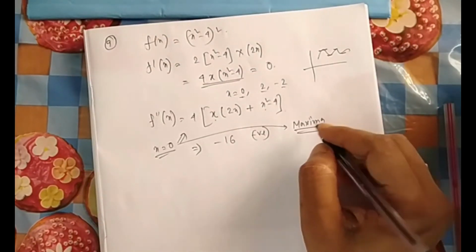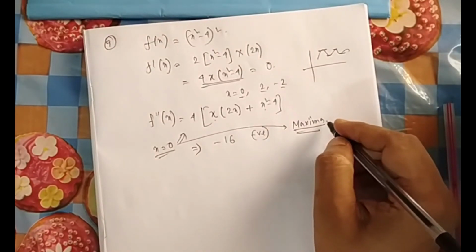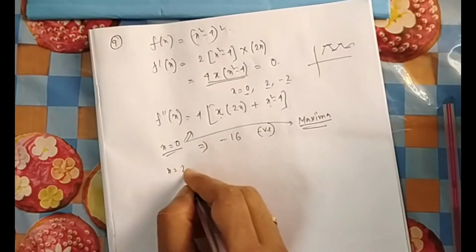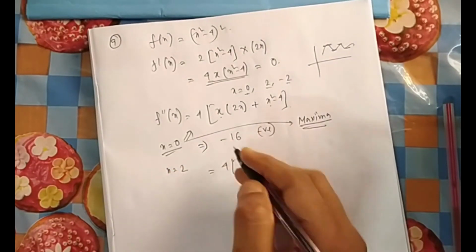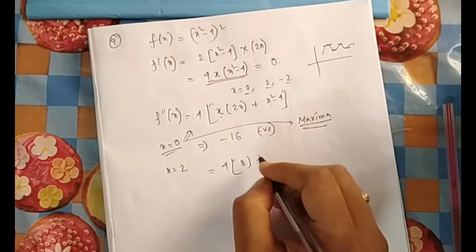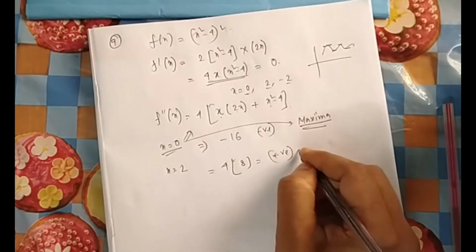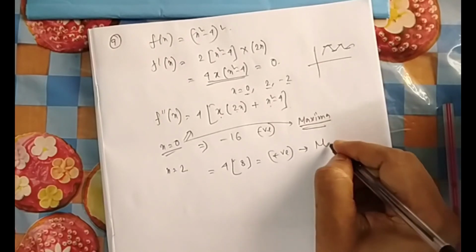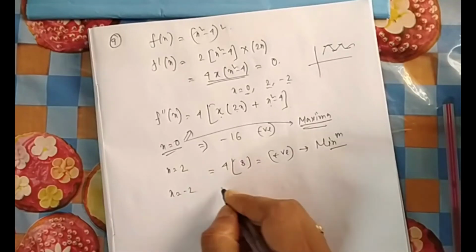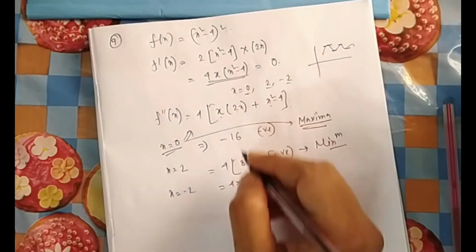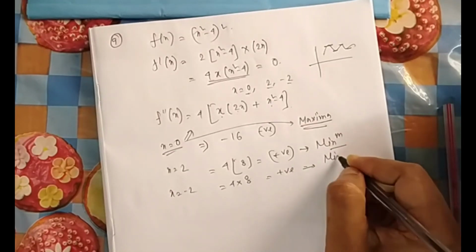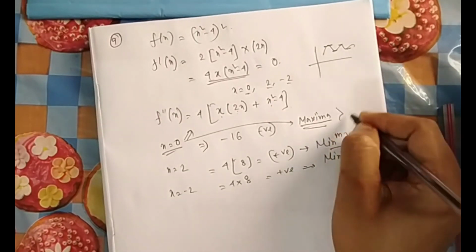or simply, maxima, that is known as a maxima point, or you will get the maximum value at x equal to 0. Now at x equal to 2, if you put it, it will be 4 times 8, so it is positive, no need to calculate exactly. So this is minima. So you are getting one minimum here. X equal to minus 2 also, you will get 4 into minus minus, because it will be plus, second derivative positive, so it is minima. So how many? 2 minima and 1 maxima.